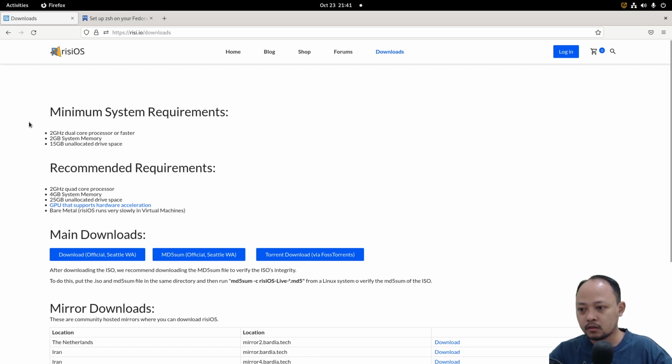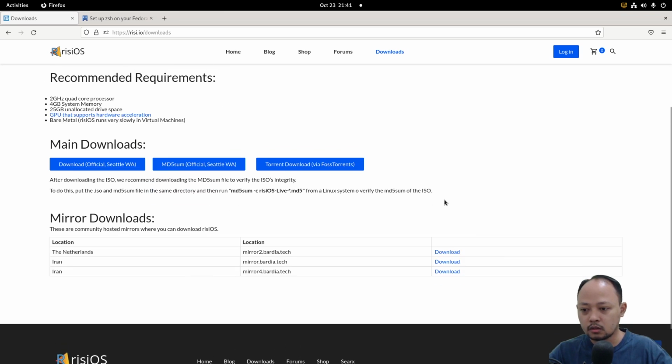And then this is the minimum system requirements, and this is the recommended requirements. And here we can see that we can download the ISO with torrent or direct download.